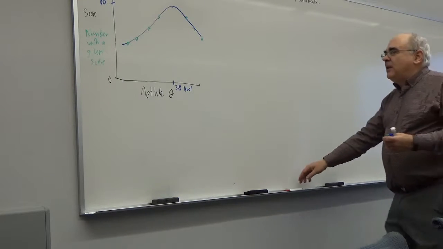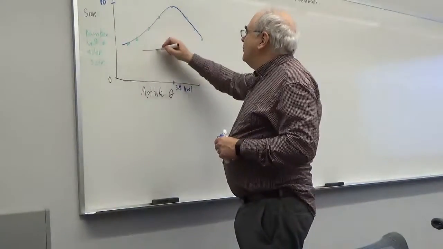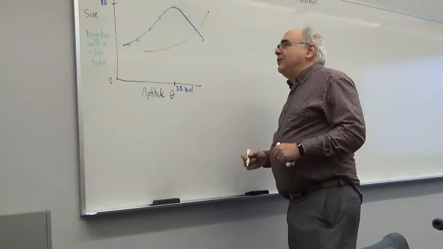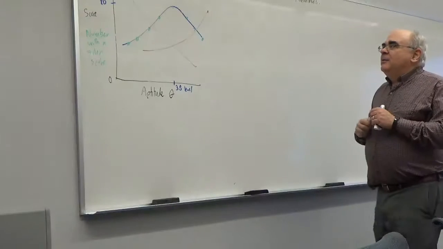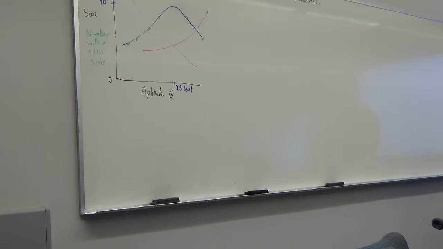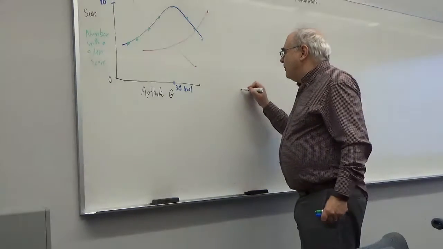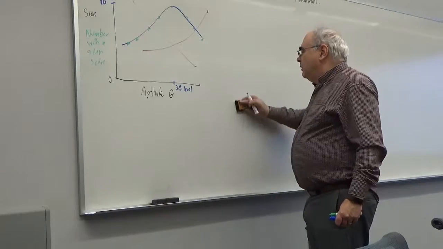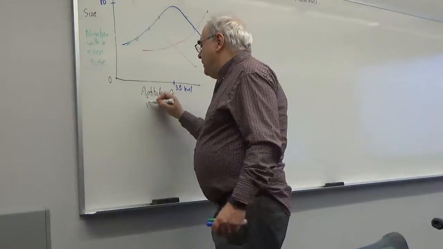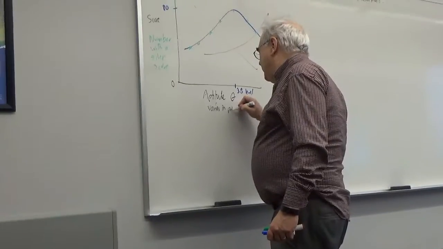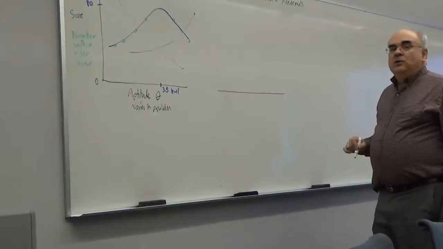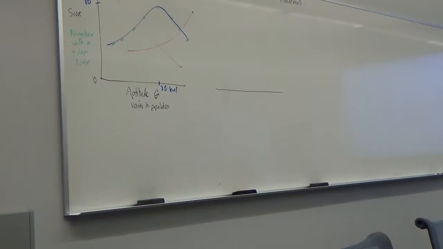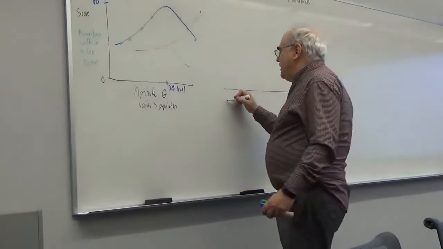I might have a class where the distribution is like that, where most of the students ace the exam. Maybe the exam was very tough, and I could also have something like that. But that's not actually what we're going to talk about. This aptitude theta varies in population. Instead, we're going to look at a histogram of scores of multiple measurements